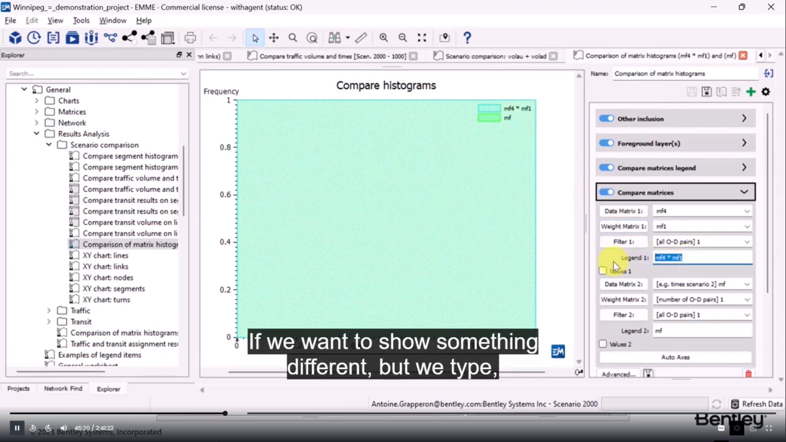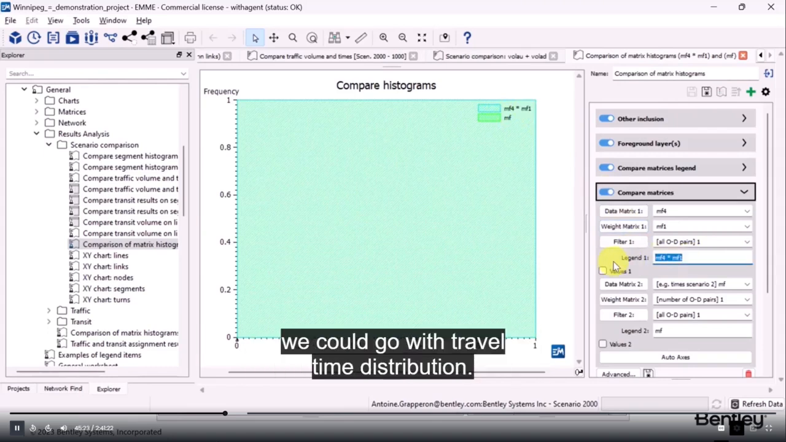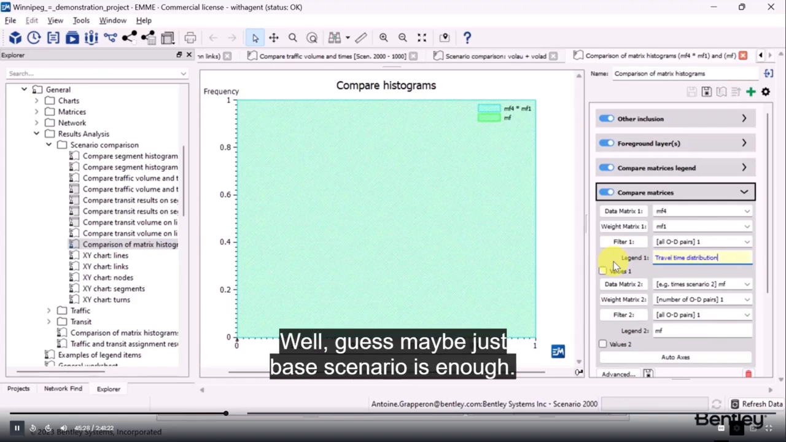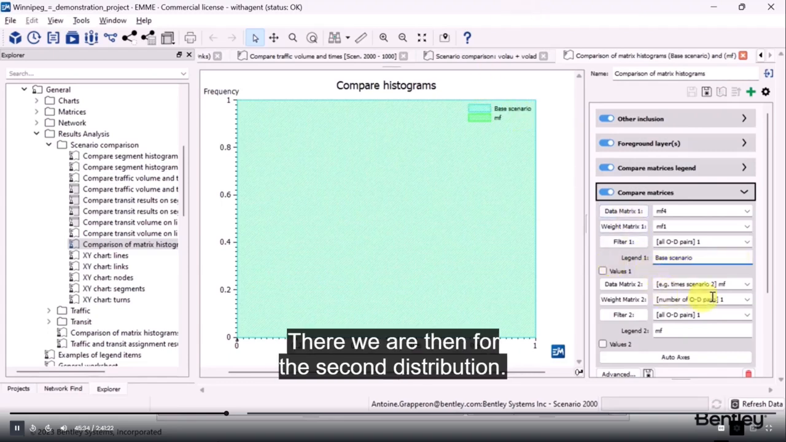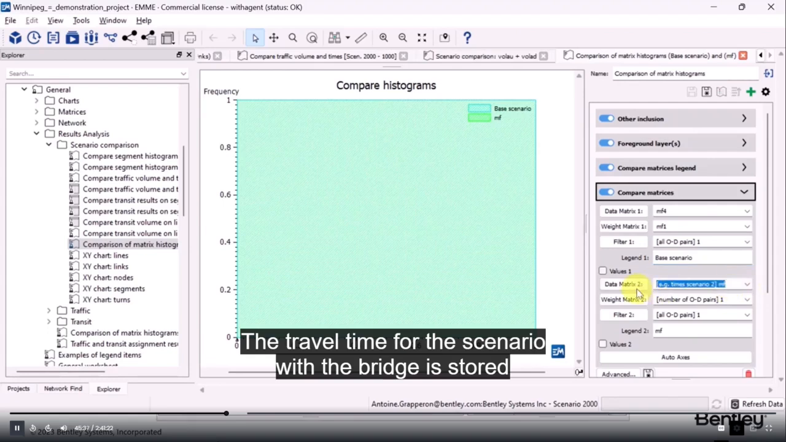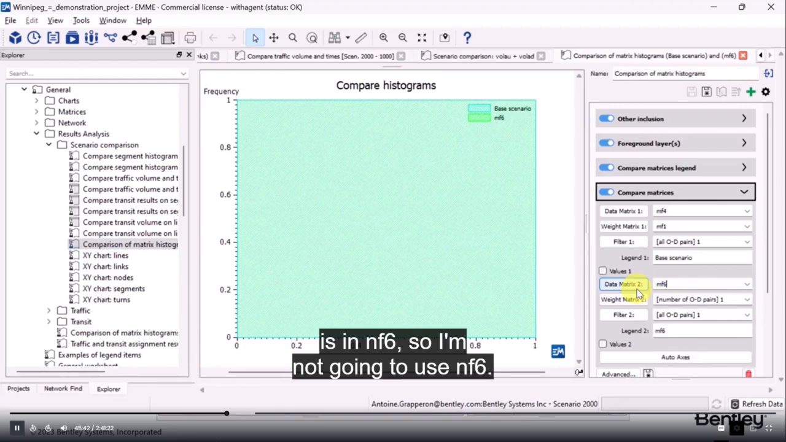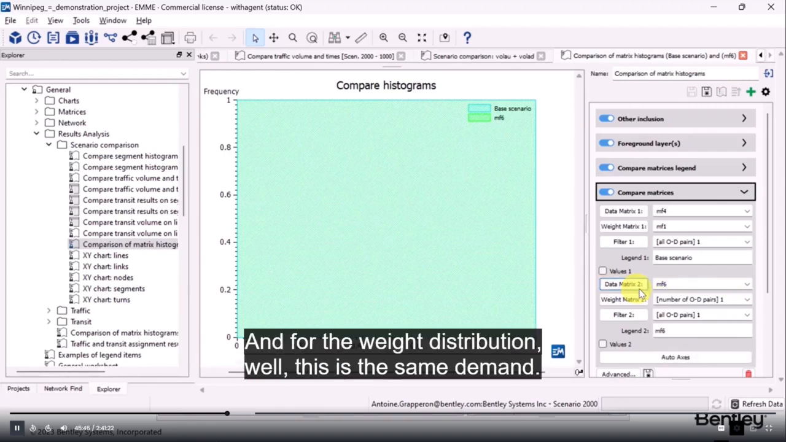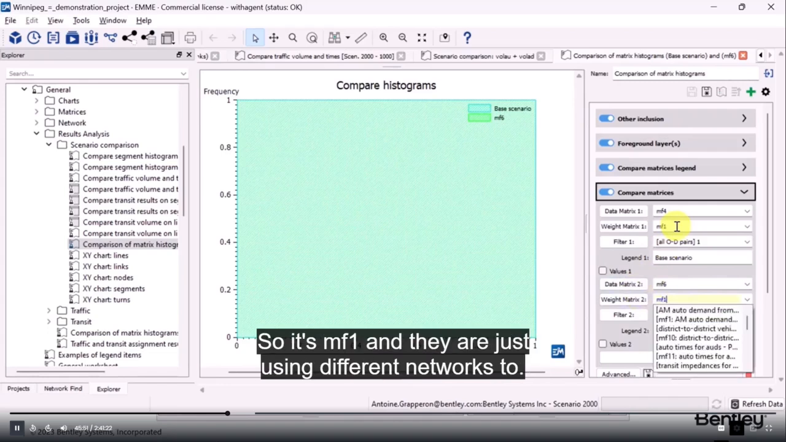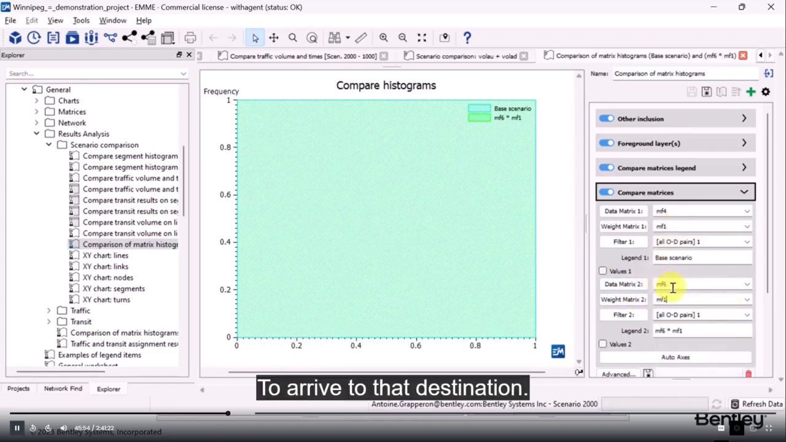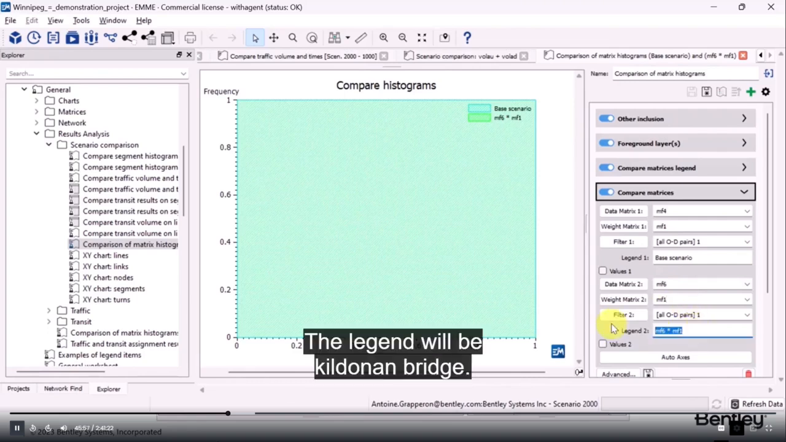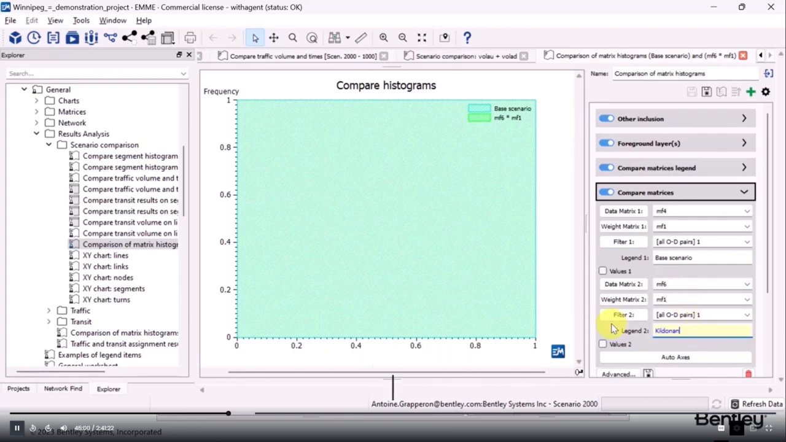If we want to show something different, we could type something like travel time distribution. Well, I guess maybe just base scenario is enough. There we are. Then for the second distribution, the travel time for the scenario with the bridge is stored in MF6, so we are going to use MF6. And for the weight distribution, this is the same demand, so it's MF1. They are just using different networks to arrive at that destination. The legend will be Kildonan Bridge